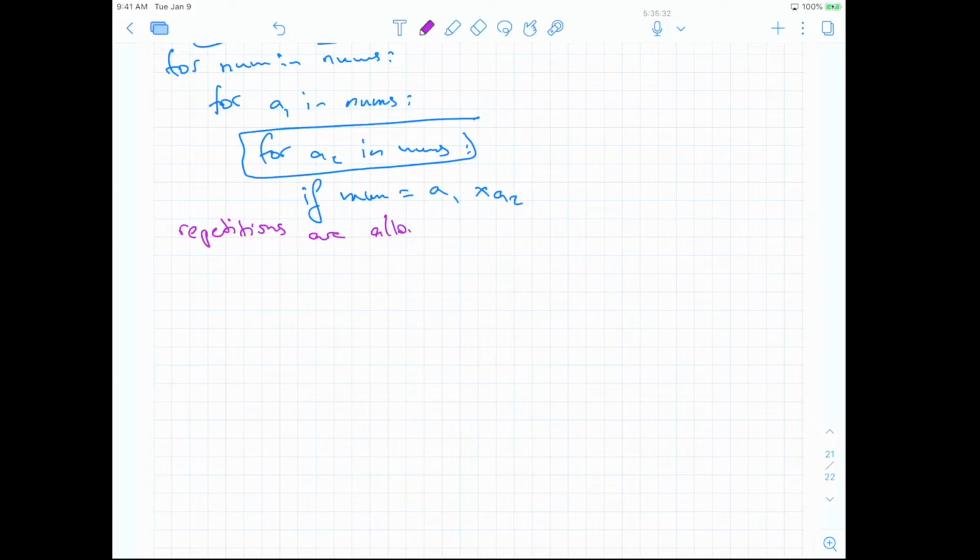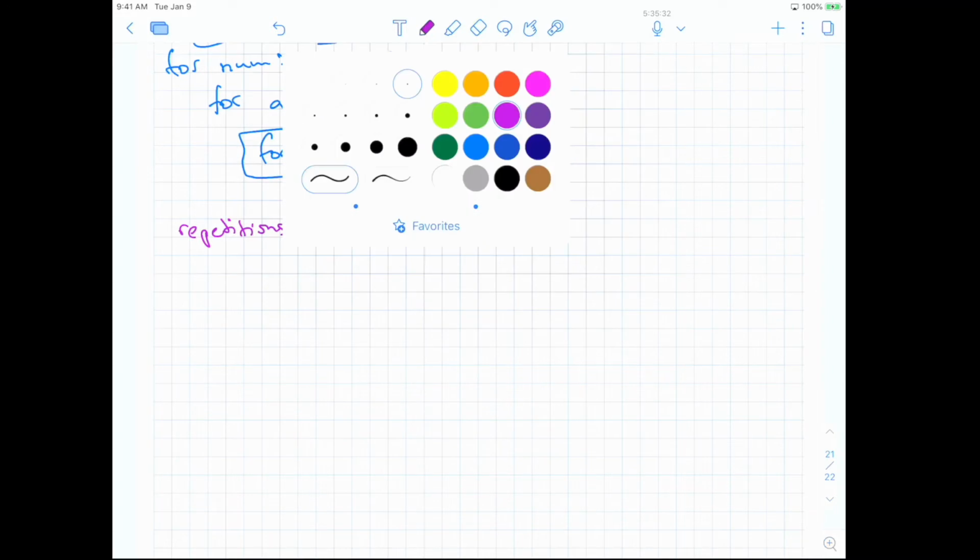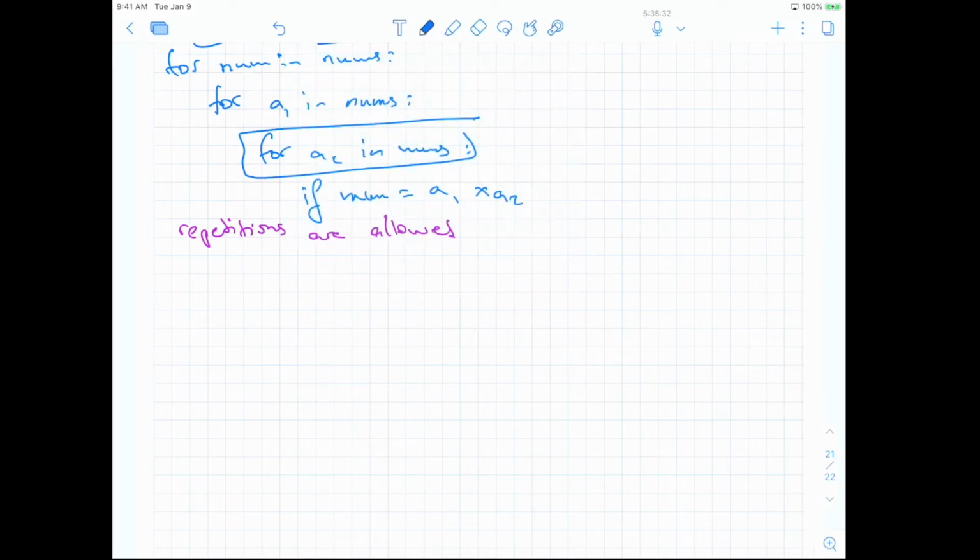Because in the example we saw, we had 4, 2, 2, right? With 2 duplicated. So what this would mean is that here with the second loop, we don't need to check if we use the number already or not. Every time we go through all the numbers, right? Now, another thing is,